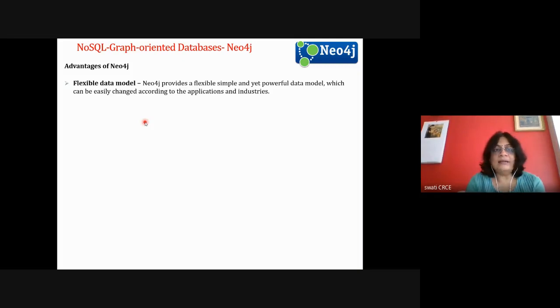Okay, and it can be easily changed according to the applications and industries, because whenever we develop any application today, the customer says that I want this many properties for a particular row, and tomorrow he says that okay, I want to capture a few more features. So today, suppose for employee, he has stored three properties of the employee: ID, date of birth, and phone number.